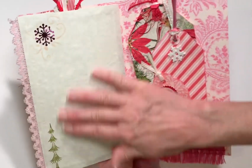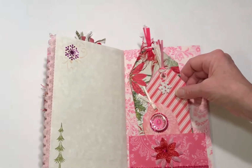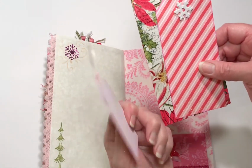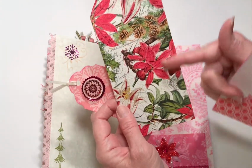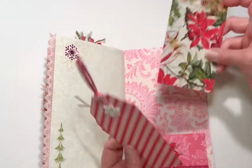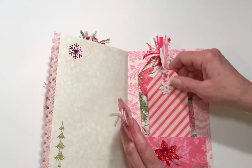And then we have this page here where you can write, and the last tags inside this cute little pocket here. This little tag here, this one as well with some pretty color, and you can write on the back, and then this one here is decoupaged and room to write on the back. So there you go. So there's 2 Christmas